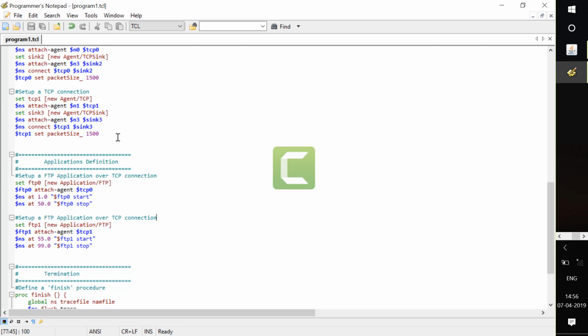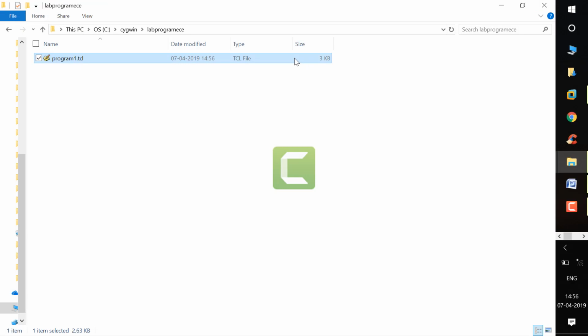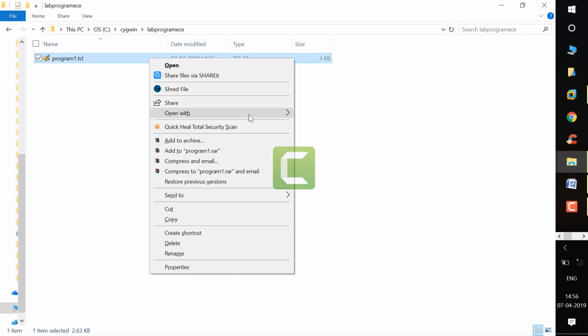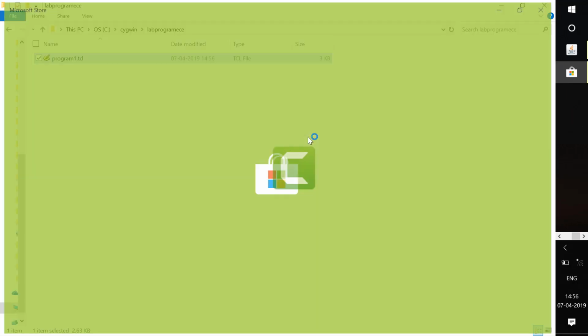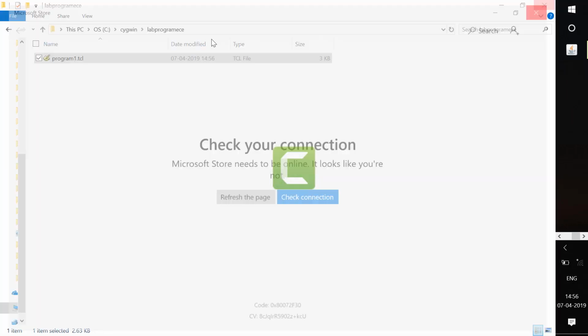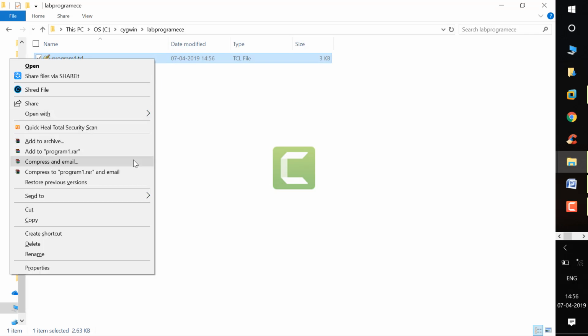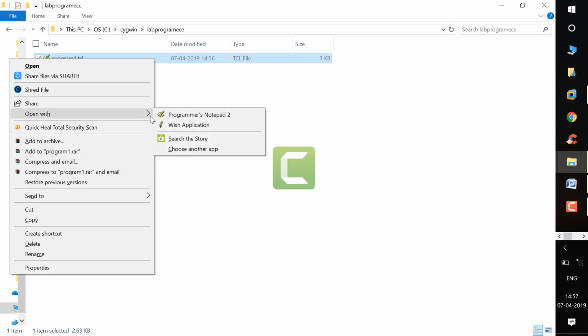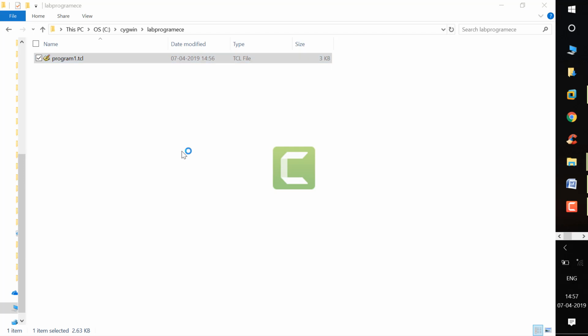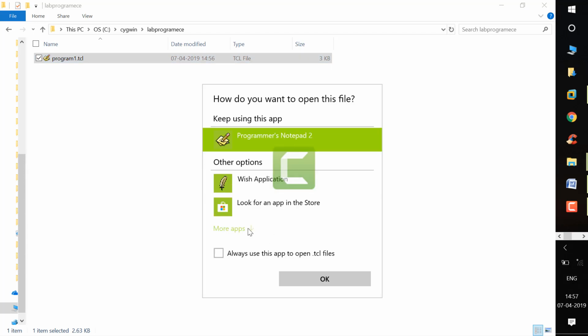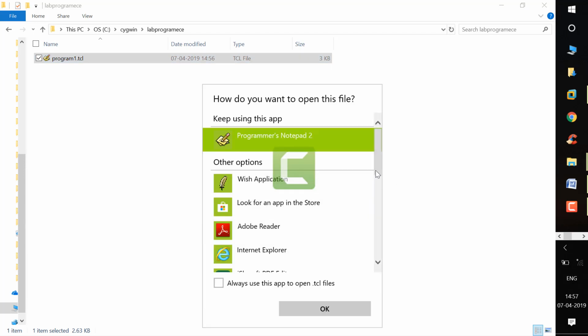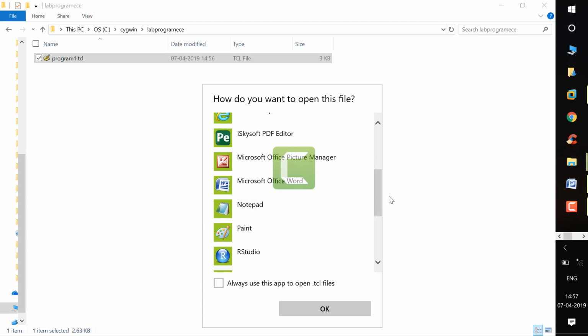After editing, save it. You can also open this file in WordPad. It's not necessary that you use a programmer's notepad.